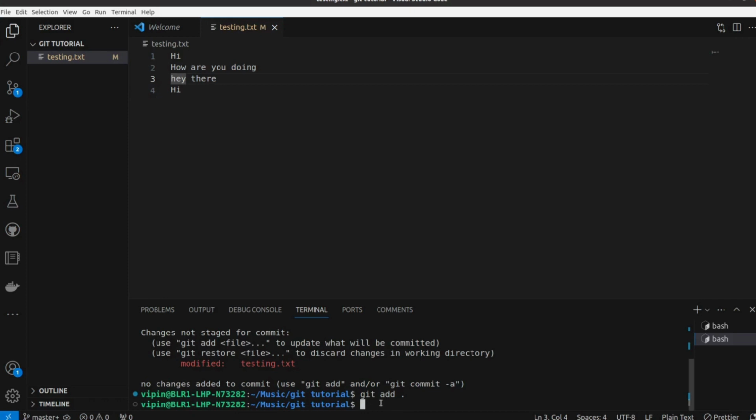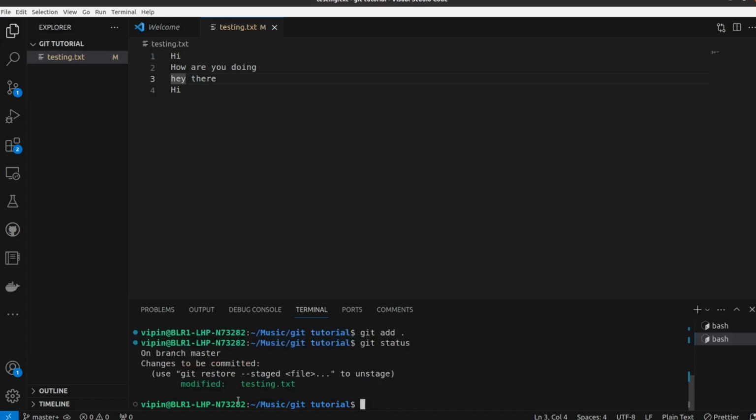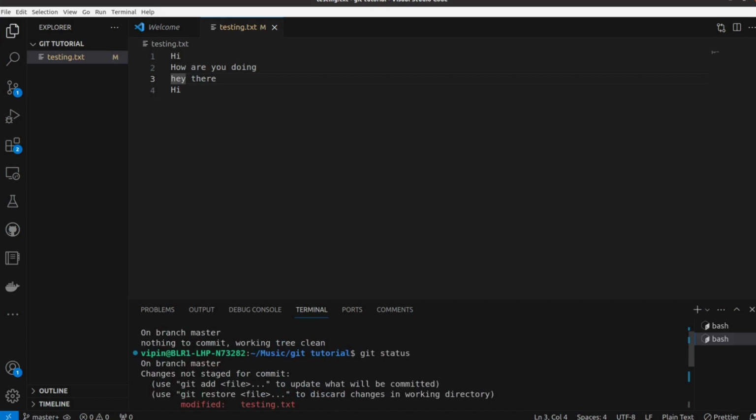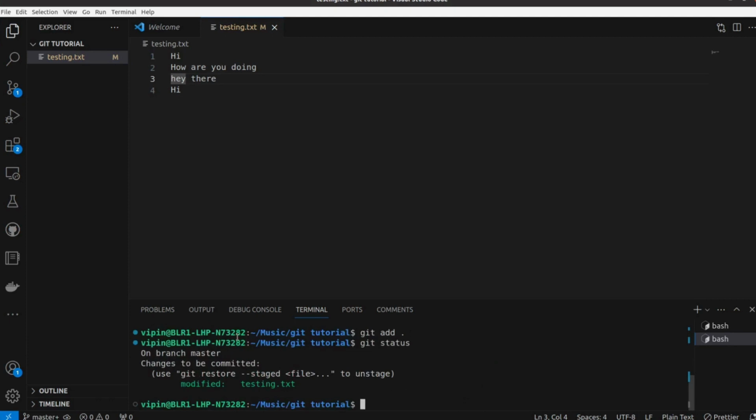Our code has now been added to the staging area. Now let's run git status again to see the output. It's no longer showing changes not staged for commit. That output has gone.